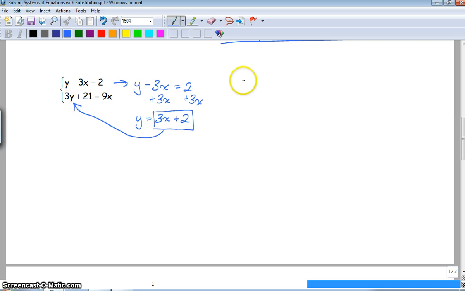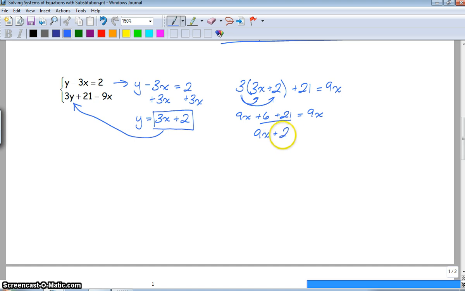So now we have 3 times what your new y value is, 3x plus 2. Then continue writing the rest of the equation. Plus 21 equals 9x. Distribute the 3. So 9x plus 6 plus 21 equals 9x. Combine like terms. 9x plus 27 equals 9x. Subtract 9x from both sides,